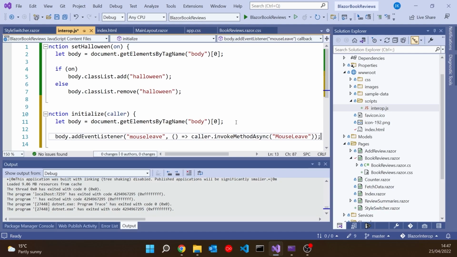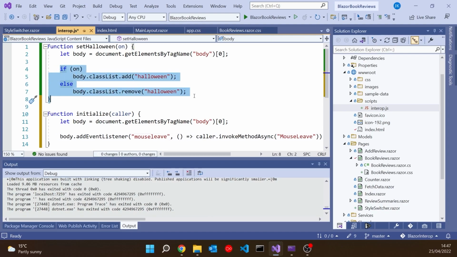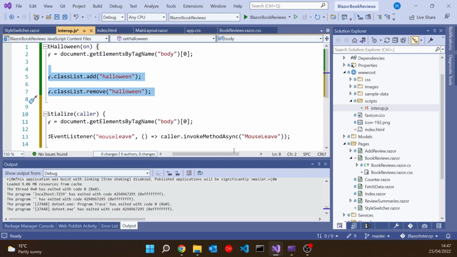And of course, ideally, if you're doing this sort of thing, you want to keep your JavaScript to an absolute minimum. So we shouldn't really have any serious logic in there. I mean, I think having this if is probably reasonable, but any real logic wants to go in your C# because we're trying to minimize the amount of JavaScript that we have. So that's what we've got there. Once again, this invokeMethodAsync, you could take back a return value, which will give you as a JavaScript promise. You could also put in other parameters, as many as you like, but we're just going to leave it as that.